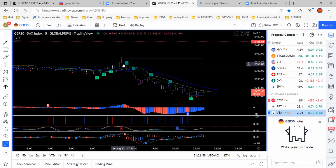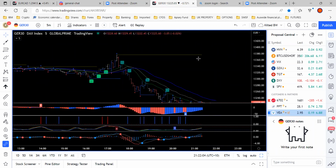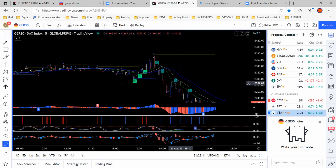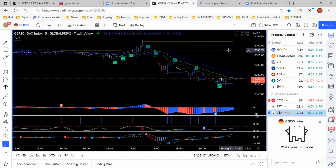So it's come up here, probably something like here, knowing the setup's on the 15-minute, and I would have traded it down. Sometimes I'm just looking for this quick sharp move, and then I'll trail it down. Everyone's got a different method, right? What I find works for me